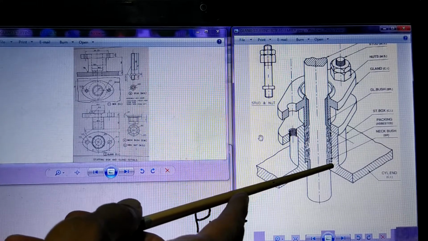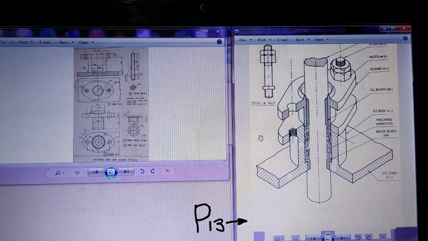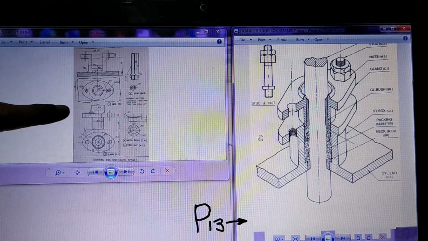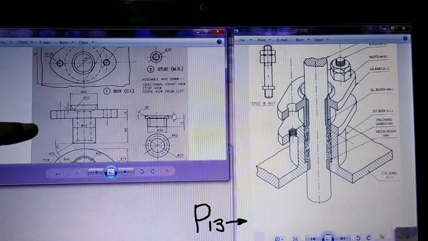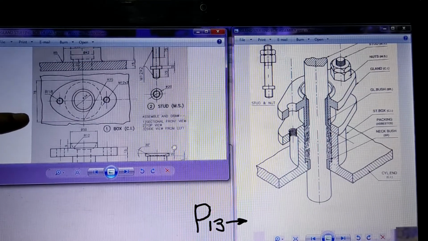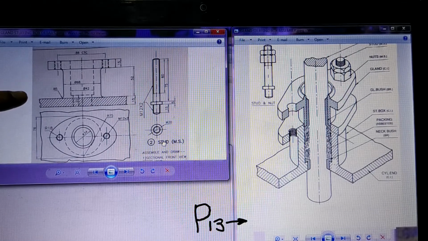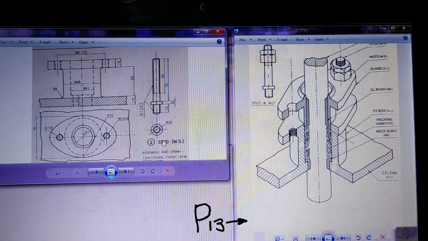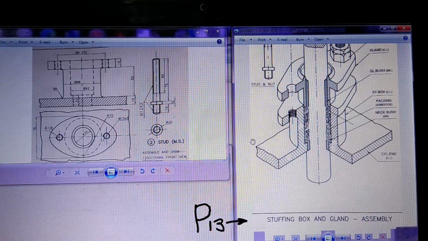Now as usual, last time also we saw some work on assembly drawing. That time we saw that we are given detailed drawings like this, and with these detailed drawings we think over how all the various parts are going to be fitted into each other so that the assembly will be formed. While thinking on those lines, there are certain things we apply.